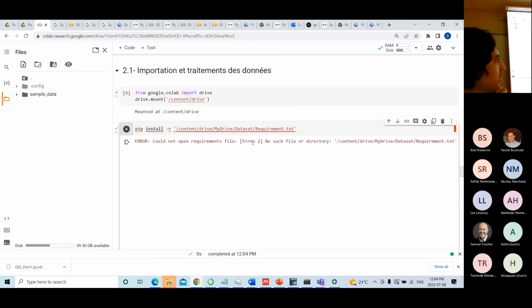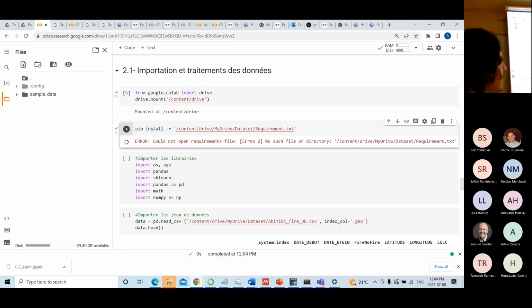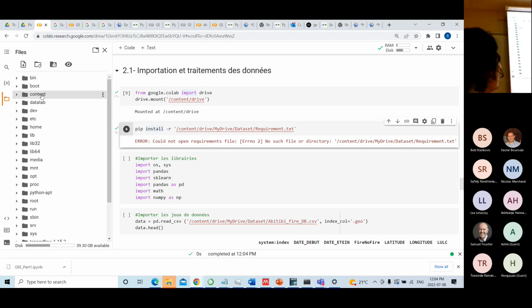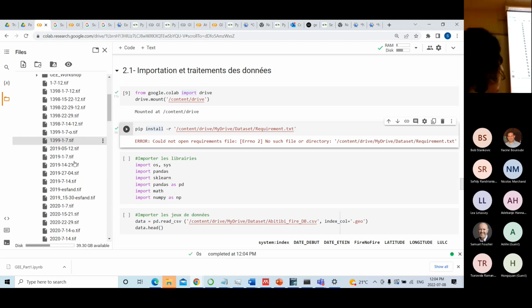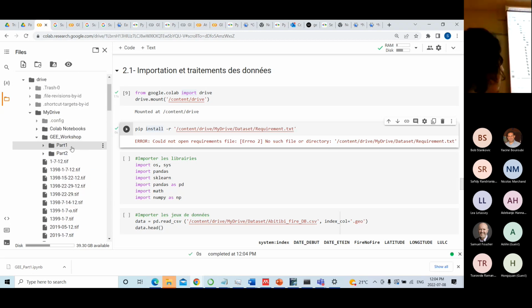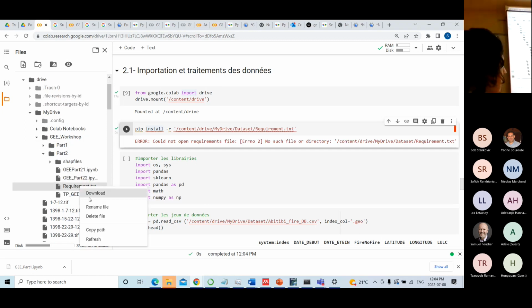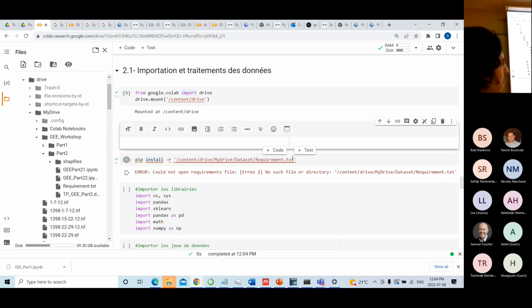We install some requirements. Where is the requirement function here? Content, drive. Yes, my drive, the workshop. I have a part 2. Requirement. I copy paste here, copy paste, and define it for the